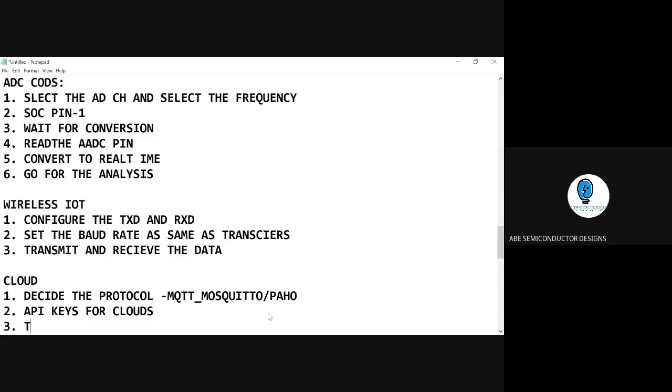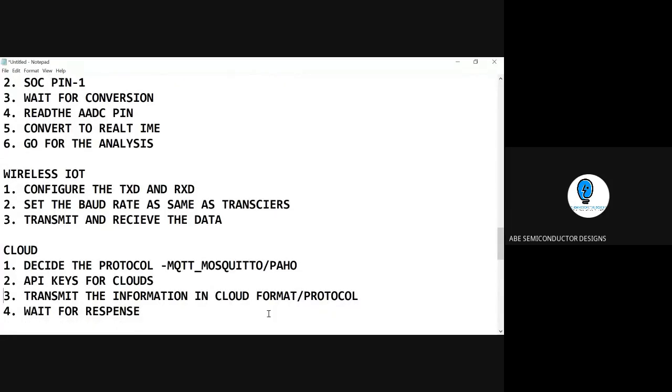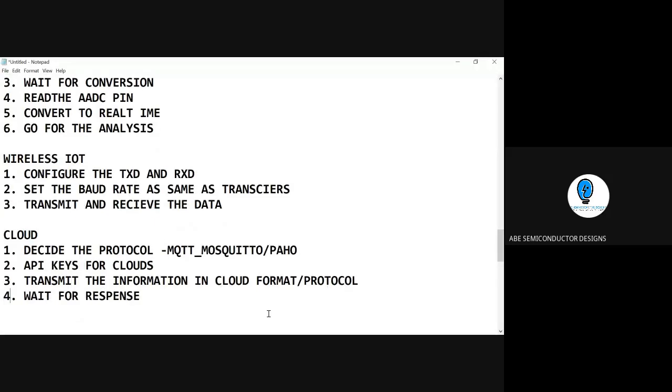Transmit the information in the cloud format, that's the protocol, and wait for the response. So when you want to interface all these things, this has to be made ready for your application. This is the logic we have to take care of.